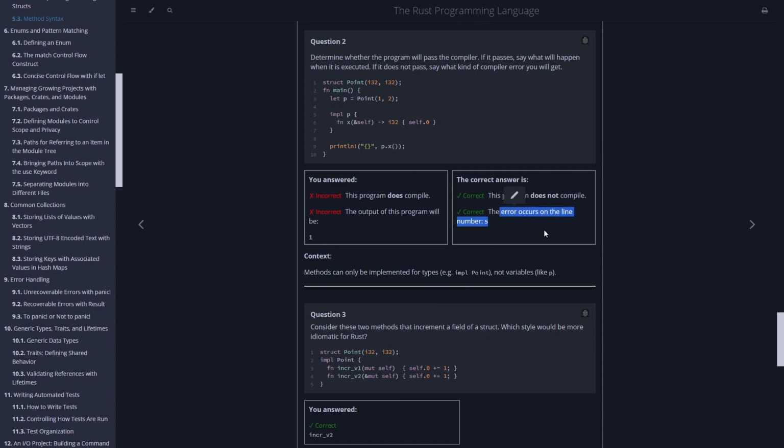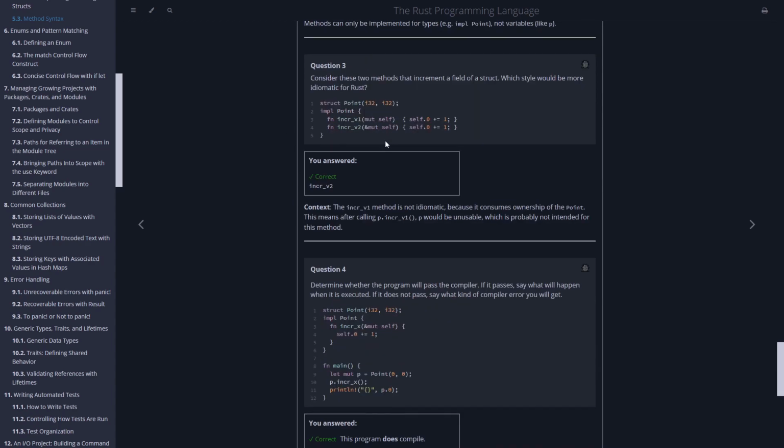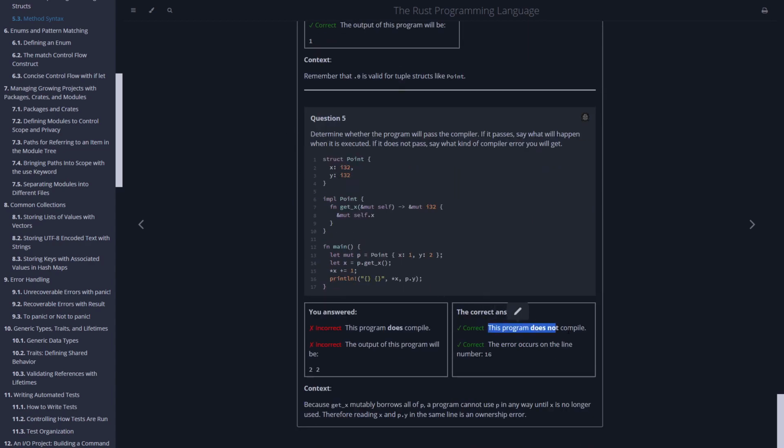Program does not compile, the error occurs on line number 5. Yes. But this one, program does not compile. The error occurs on line number 16. Oh, okay, so this worked. So this should